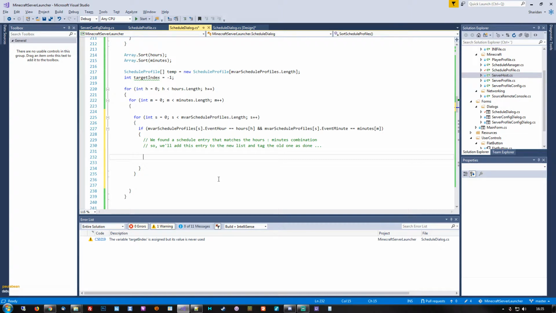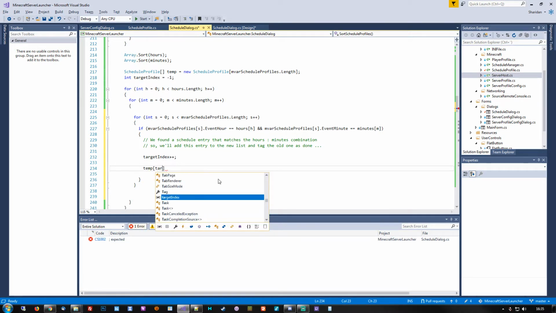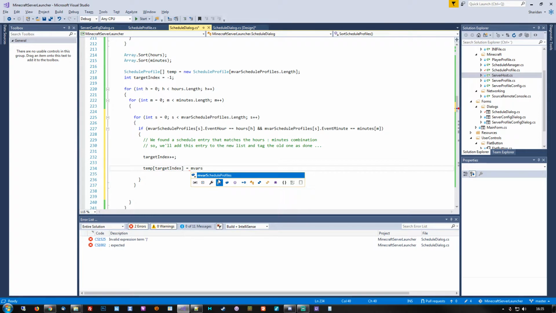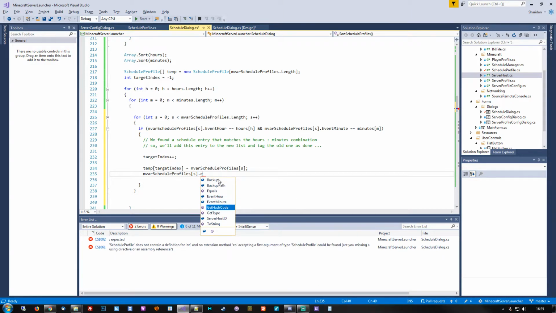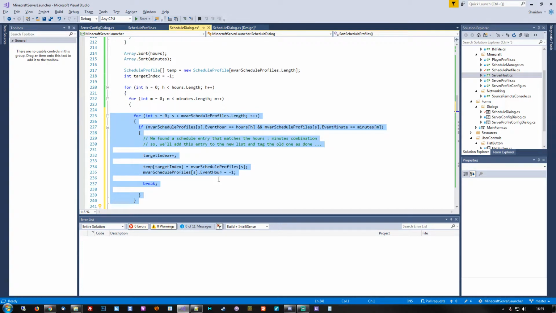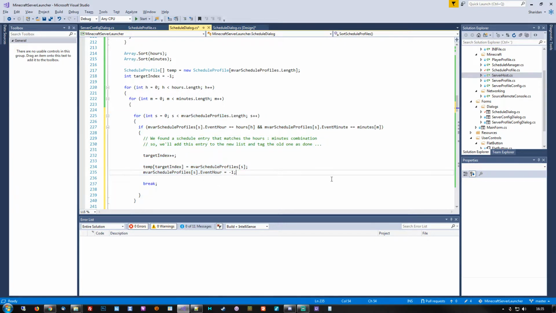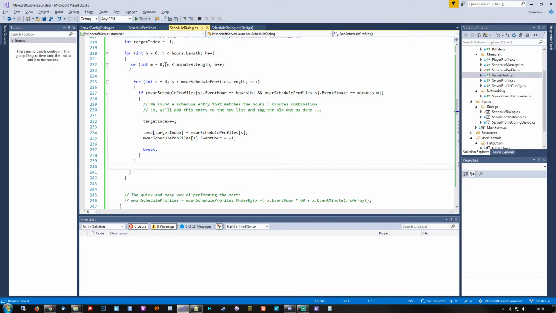That effectively puts it outside the test range of these setups. So here we'll need to increment the target index. So we are pointing to a new entry within the temp array. So this one should then be equal to the current one, which is this one. And then we will set the current one's event hour to -1, which should be sufficient. And then we will break out of this loop. We found an entry, so there's no point in continuing through the loop. We have one that matches, so we don't care about the rest. There we go. And then it effectively jumps back to the minute setup and attempts to find the next one